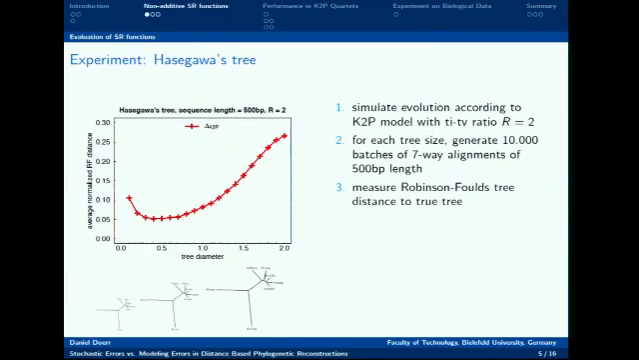We use a transition to transversion ratio of 2. And we scale the tree into different sizes. For each size, we generate 10,000 batches of alignments. And for each batch, we try to reconstruct the tree. After we reconstructed the tree, we measure the Robinson-Foulds distance to the model tree, and this is what is